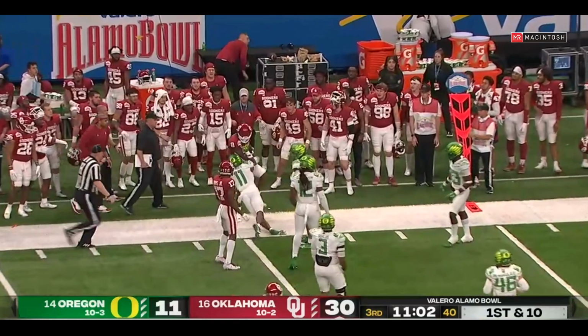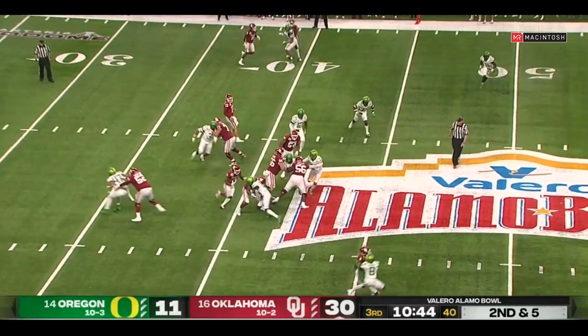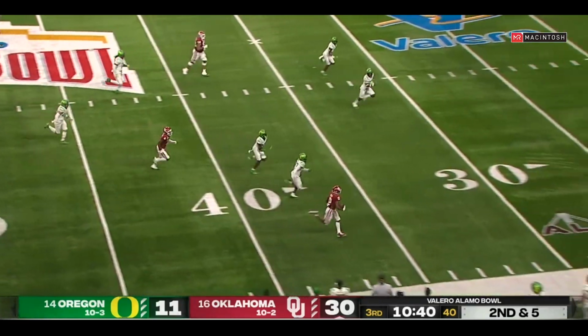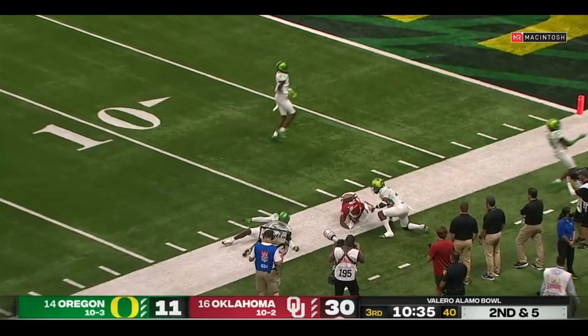Outside Mike Woods. Major push with the big guys up front. They've been fantastic for Oklahoma. And they go right behind him as you say that with Gray. And he turns it up down the sideline. Gray inside the 15. It's a gain of